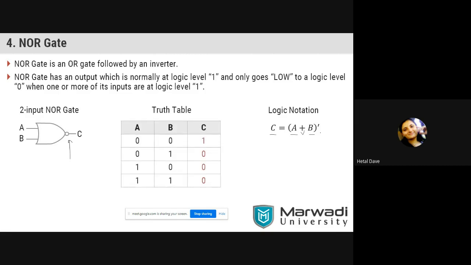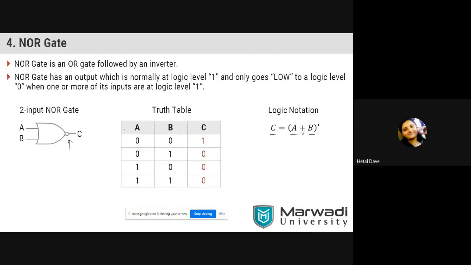Now what is a truth table? Sometimes you can be asked what the meaning of a truth table is. A truth table is a table which indicates the relationship between input and output. On the left hand side, we write all the inputs. On the right hand side, we write all the outputs of the circuit. This definition will be used whenever a complex circuit is there, and at that time we will remember the definition of a truth table.